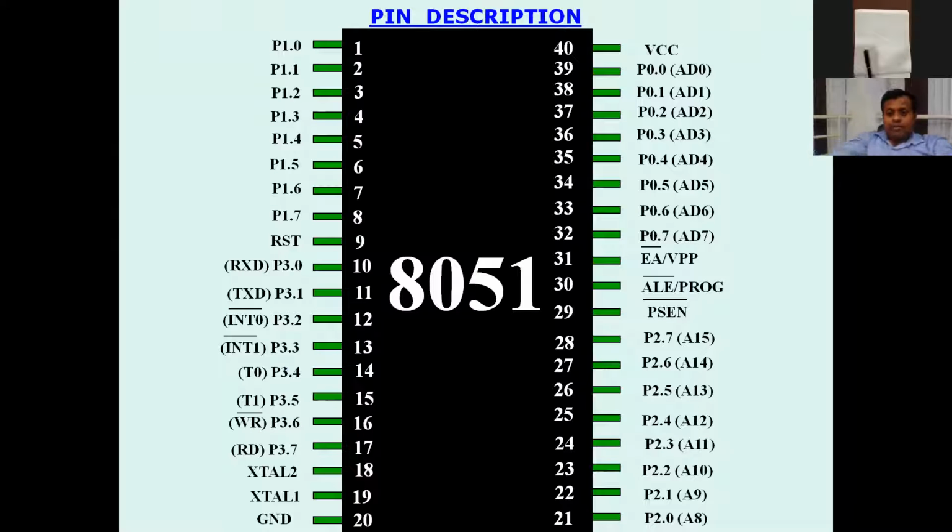Now coming to the pin configuration. I think the pin configuration was already described. Yes, sir, it has already been described, right? So I'm just repeating once again. Say, if I'm talking about the